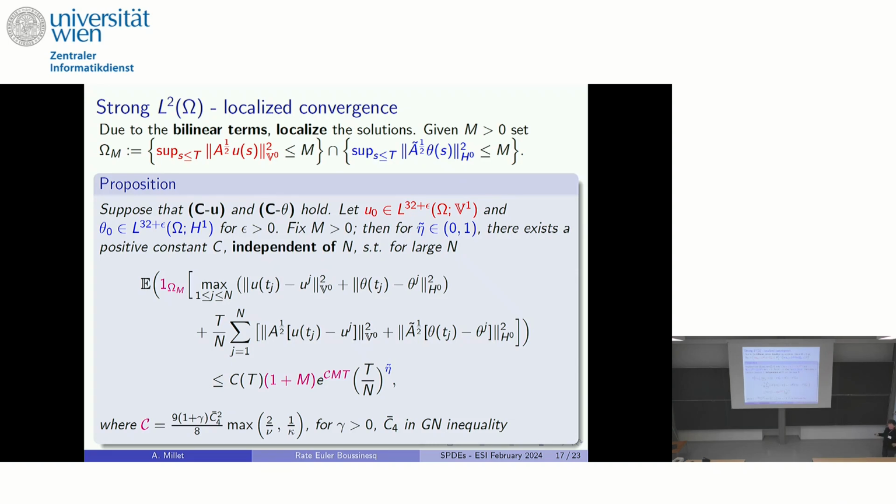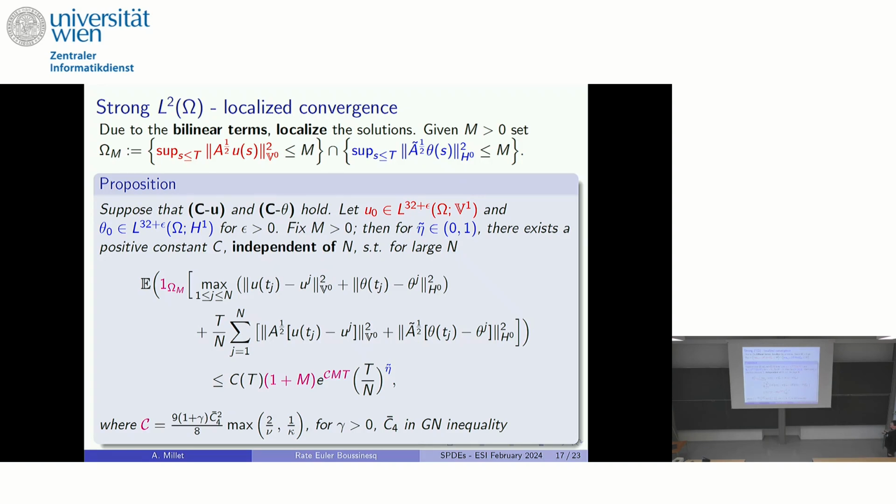Okay, let me try to explain how we can get these rates of convergence. So the crux of the matter in the multiplicative case is to localize. We prove localized convergence, and here we just follow the scheme of proof that Carl and Paul did in their very first paper. So we are localizing, uniformly in time, the control of the H1 norm on both temperature and velocity. Omega m is a set where this is well behaved, namely it's upper estimated by m. And then we look back at their two conversions, except that here we insert the indicator function of this good set, where everything is well behaved. And in the right-hand side, we obtain n to the minus eta tilde for any eta tilde in between 0 and 1. That's fine, except that